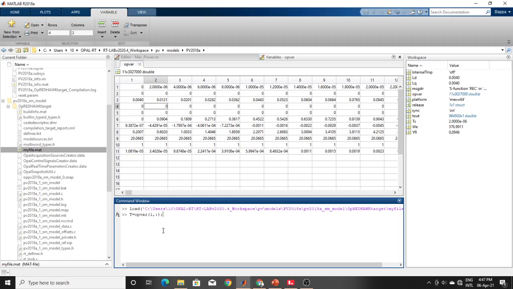Number one signal will come here as T, and number two signal will denote P. P is equal to opvar, row 2, comma. So T and P are loaded on the right side with signals number one and number two. If you want to plot it, you can simply use plot.